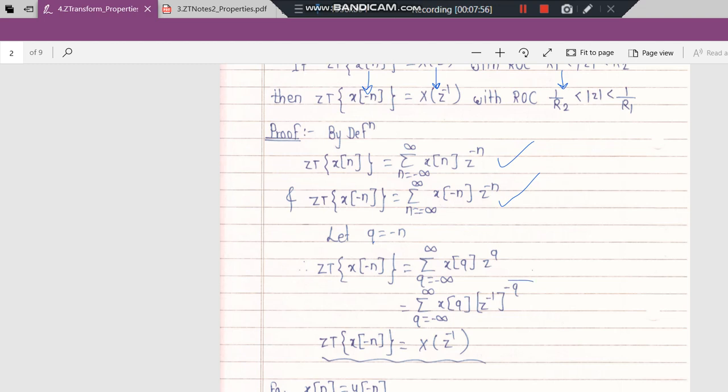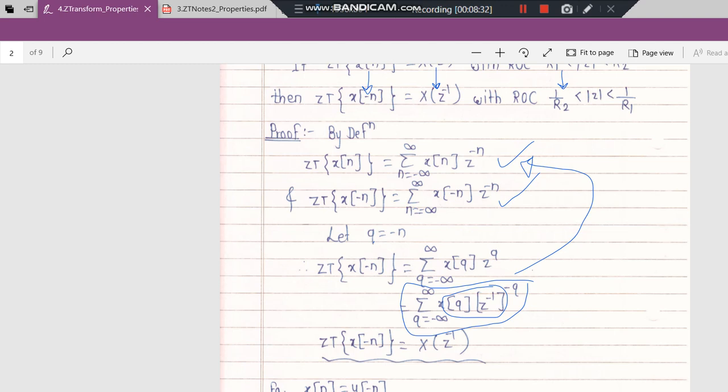Okay, now if you look carefully at this signal, it is nothing but a summation. You can read it like this also: summation n equal to minus infinity to infinity. This entire thing is x of n into z raised to minus n. Instead of q, I am reading here n. So this is similar to the definition of the Z transform. If you see, this is minus q, this is minus n. This entire thing is the signal. Okay, so hence we can write it simply, since we are writing here X of z.